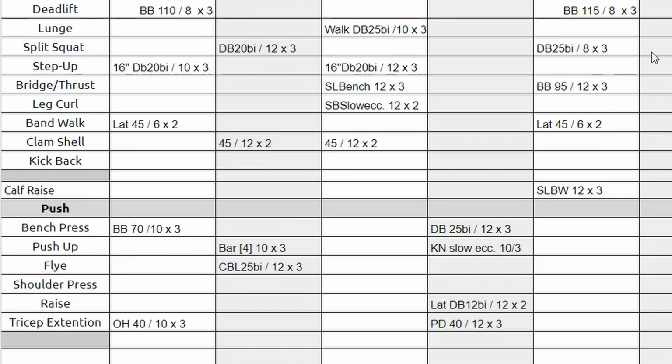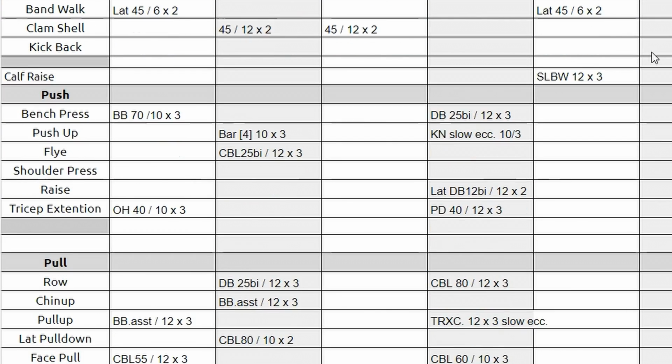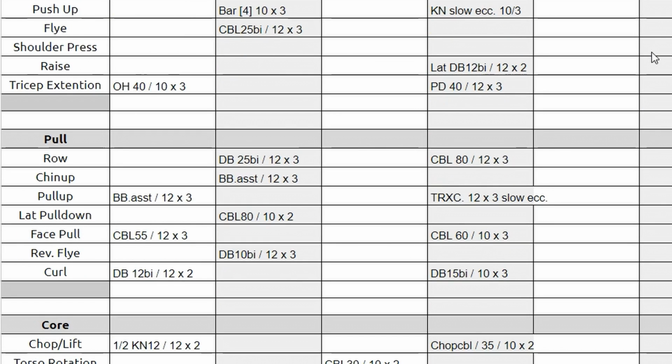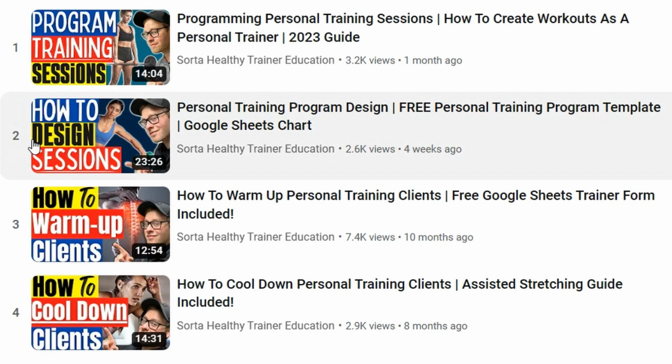You can't progress your client effectively if you're not taking the proper notes along the way. Don't be that amateur trainer who's winging it. Have a plan. I broke down exactly how I plan out client sessions and progress their programs over time. You guys can use the same forms that I do. Everything is free to download. Again, I cover those systems in detail in these other 2 programming videos right here.